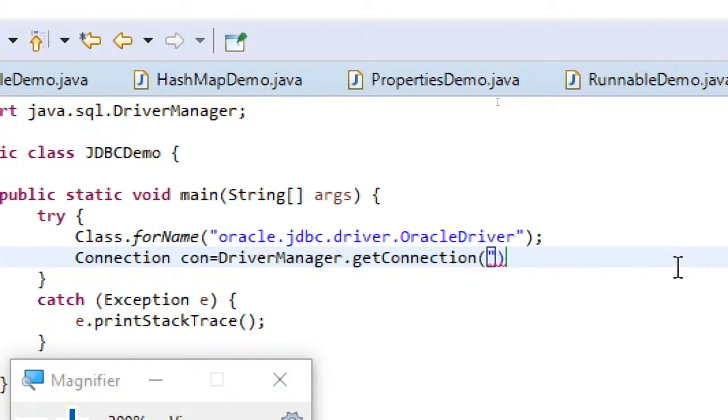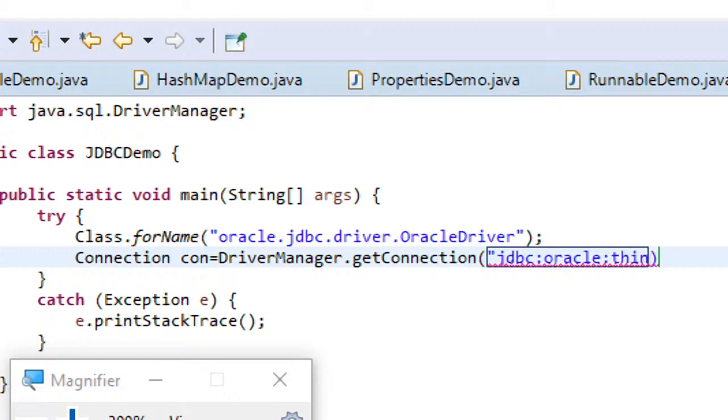So the URL what I am using, you just carefully observe. First we are providing the API. The first part, jdbc, that is the API, and colon, oracle, that is the database I am going to use, and then colon the type of driver which I am going to use.